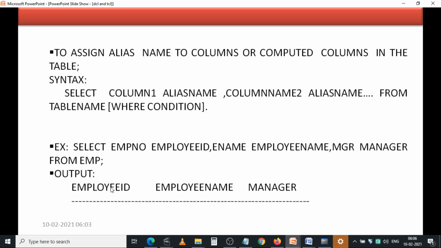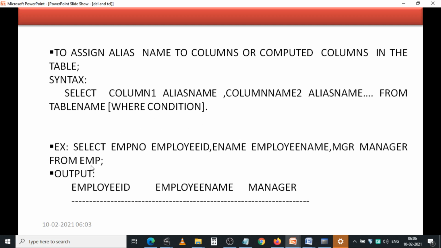The syntax: select column name 1, then a space, and you write the alias name. Just after the column name you put a space and write the alias name, comma, column name 2 and alias name, from table name where condition.